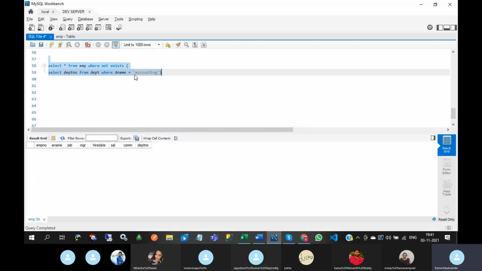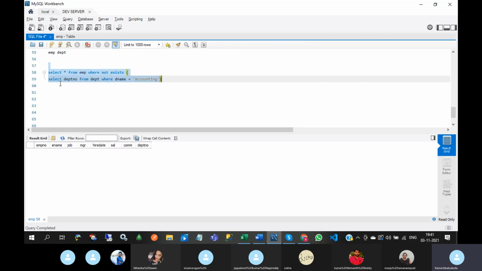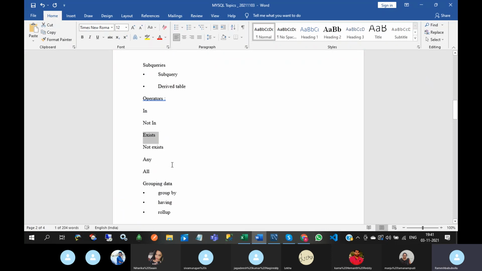Now see this. NOT EXISTS means the inner query returns some records, that's why the outer query returns nothing. That is the meaning of NOT EXISTS. If there are no records in the inner query, then it will return.